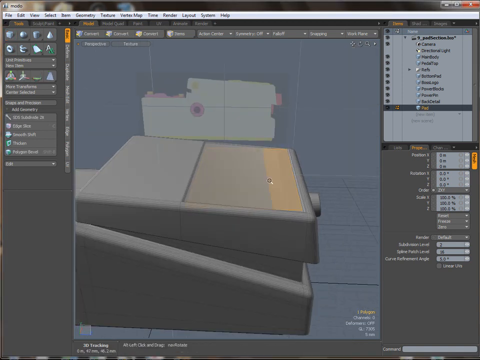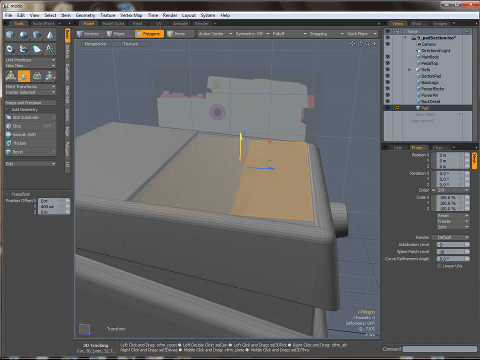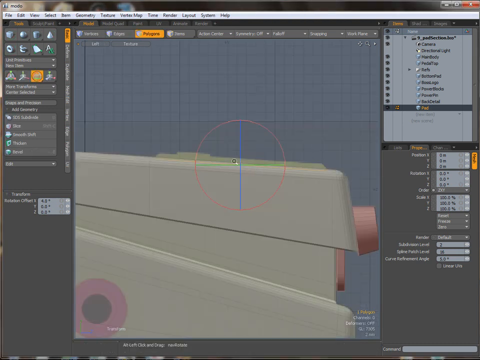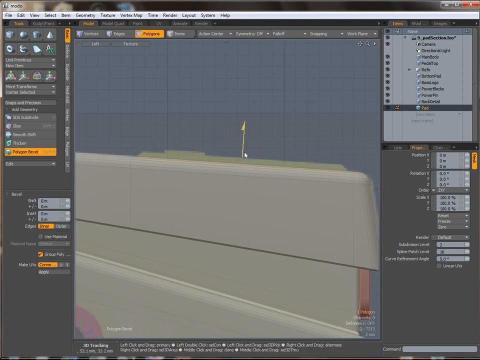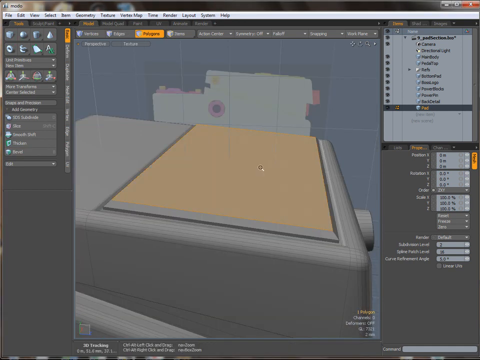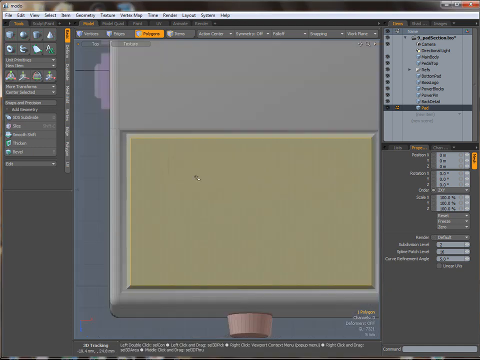We'll then go into perspective mode so we can move and rotate this into position just above the pedal top, so it sits nicely in the indent. When you're happy with that, go to a side view and you want to bevel it up to create the shape. So I'm going to bevel once to just above the pedal top layer, shift click and bevel again to meet the top of the pad itself. We want to inset this last bevel slightly so that we match these edges. When you're happy with that, hit space to drop the tool, and now if we go to the top view,